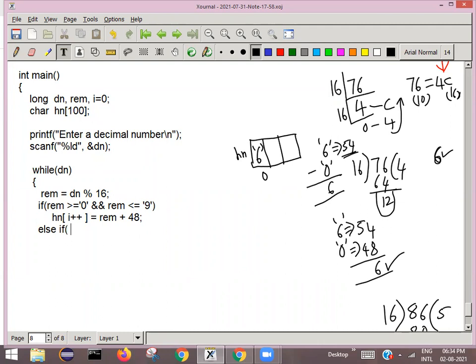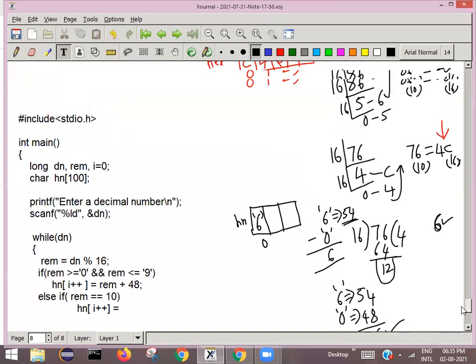If the remainder is equal to 10, what do you need to do? You need to store it as a capital A. Yes or no? So then you have to say hn of I plus plus is equal to. Okay, so how will you store it as a capital A? Say for example, now